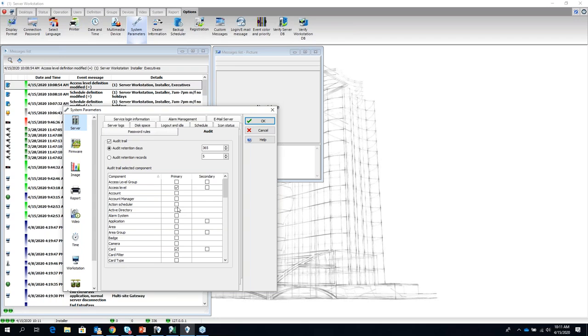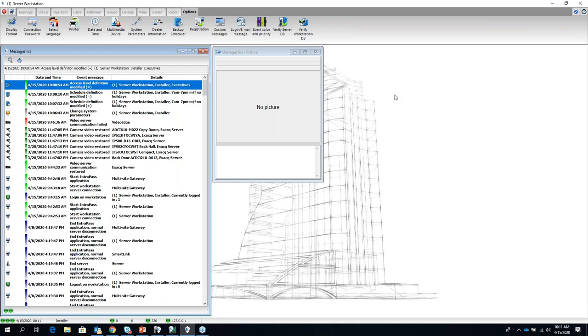I've got a customer that's got about 8,000 cardholders and about 900 doors, and they enabled the audit trail, and I think their database grew by about 50 meg. That's about it. So it's not that big of a transactional hit on your system there. Okay. So with that, if there's any type of questions,